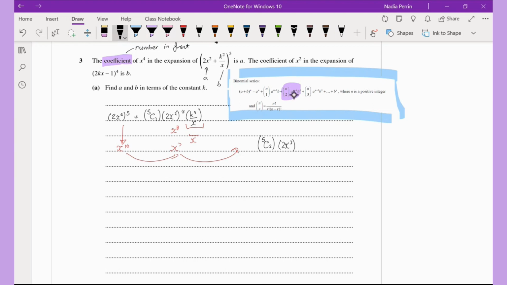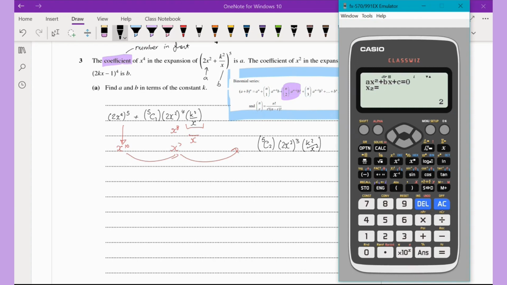2x squared to the power of n minus 2. So 5 minus 2 is 3. B squared is k squared over x squared. Now, we need to work out what 5C2 is. So 5C2 is 10. Just to clarify, if you're trying to find C on your calculator, it is